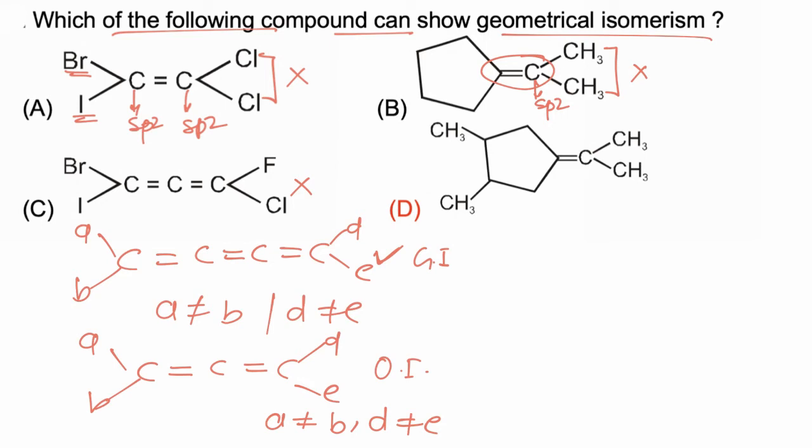Now if we consider next molecule, now this molecule is having double bond and ring, but around double bond these two units are identical, so this will not show GI around double bond. But this molecule is having ring, and on this ring there are two sp3 hybridized carbon which are having different unit H and CH3. So this molecule will show GI around these two carbon atom, and hence correct answer is D.